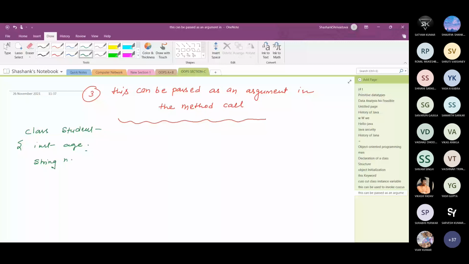Now just create a constructor, Student, integer age, string name, and here this.age equal to age, because both the parameter and the variable names are the same, so we need to put this here in order to create a difference. So this is the parameterized constructor.